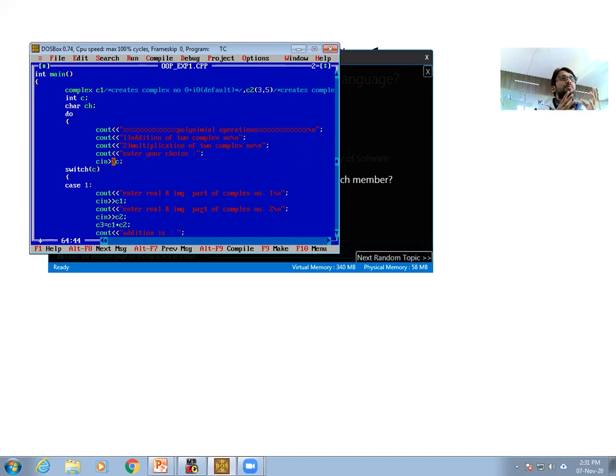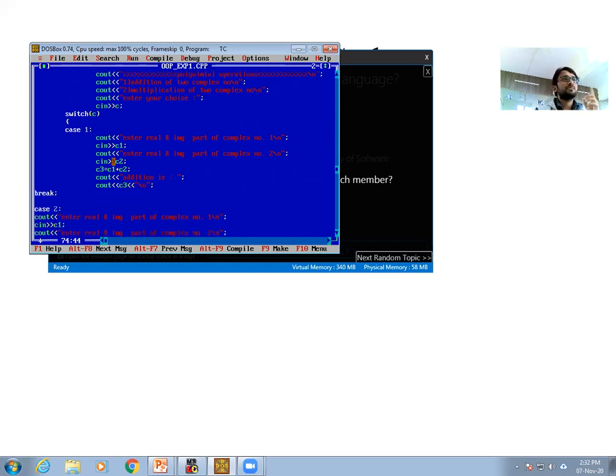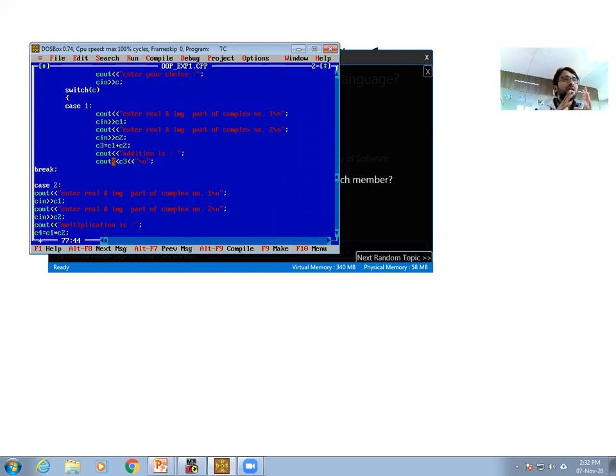Then the program asks us for a choice. We give one choice to the computer with the help of the variable C, and the same variable is passed to the switch case statement. If you pass 1, it goes to switch case 1. If you pass 2, it goes to switch case 2.